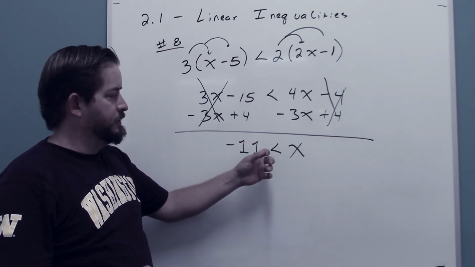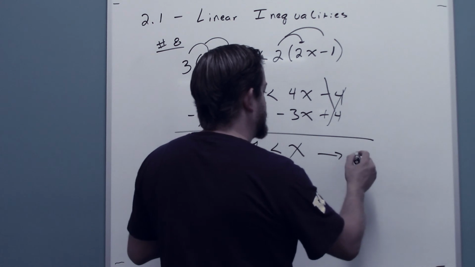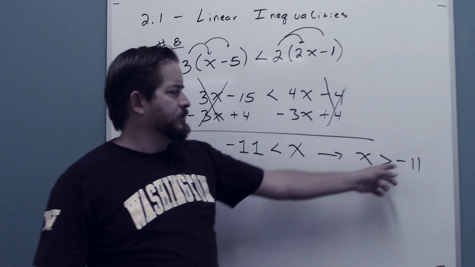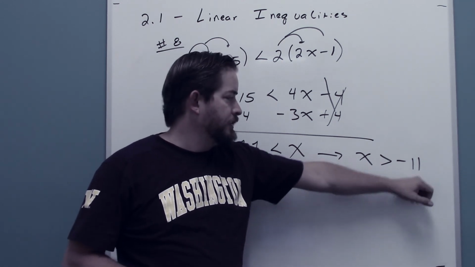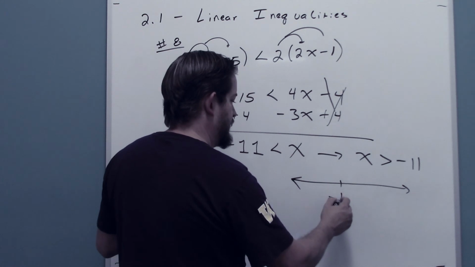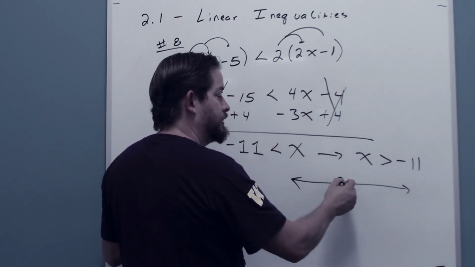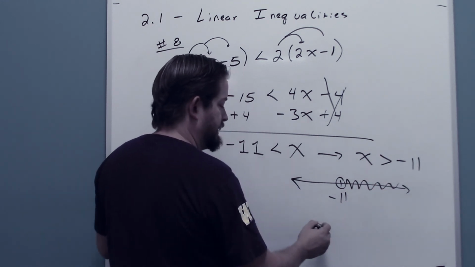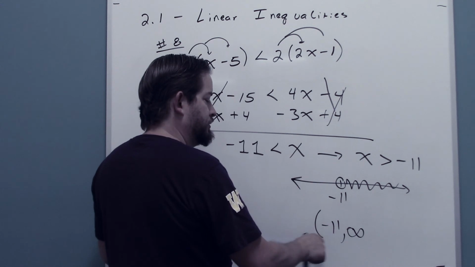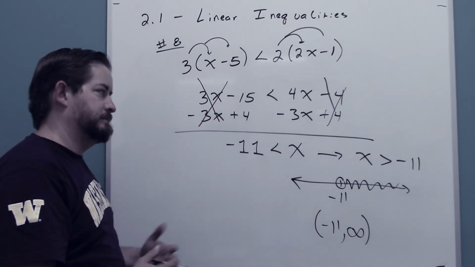x is simply to the right of negative 11, right? If we rewrite it this way, x is greater than negative 11, just simply means that x is any number to the right of negative 11 on our number line, which is, here's negative 11, it's an open circle because x is not negative 11, but it's anything greater. And so again, that's negative 11 to infinity and not inclusive, so parenthesis and infinity is always in a parenthesis, and that's